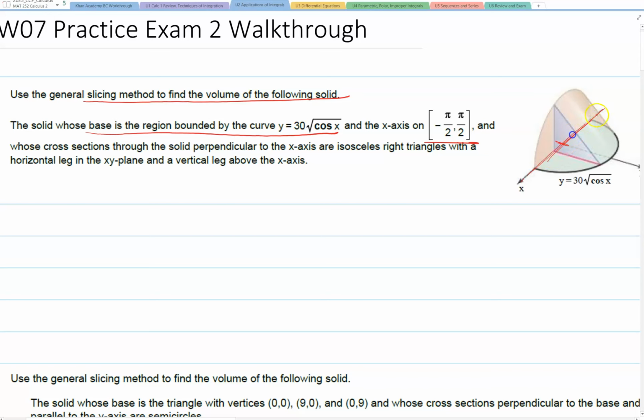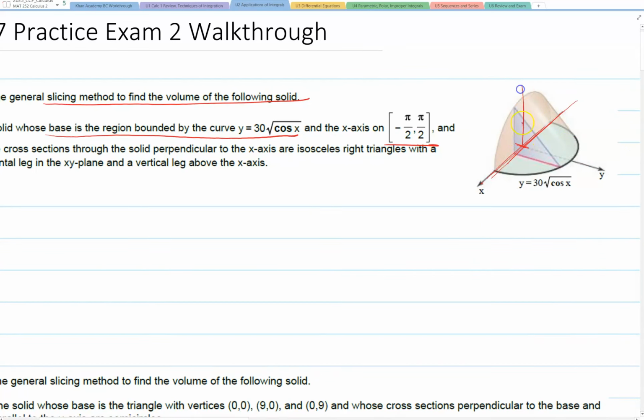So here we've got this three-dimensional graph with the x and y axis. Z-axis, of course, would be the vertical one here. And we're told that we're kind of bounding this curve on the xy plane by x values that exist between negative pi over 2 and positive pi over 2. Those arrows are technically switched, so positive is towards us and negative is down here. So between those two regions,